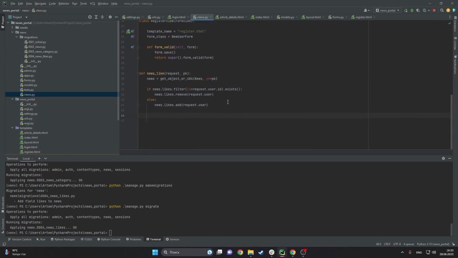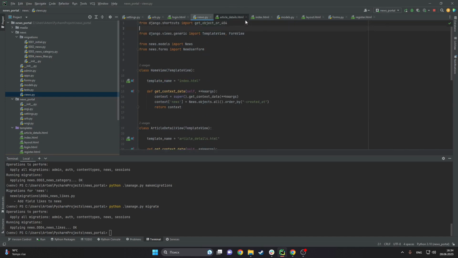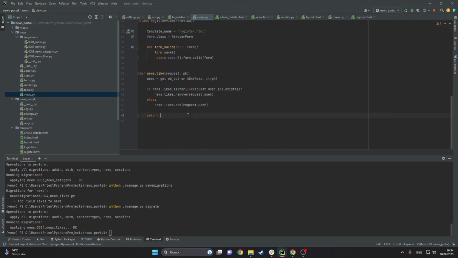And here we will make just a redirect. We should import the redirect view from django.http: from django.http import HttpResponseRedirect, and we are returning HttpResponseRedirect,